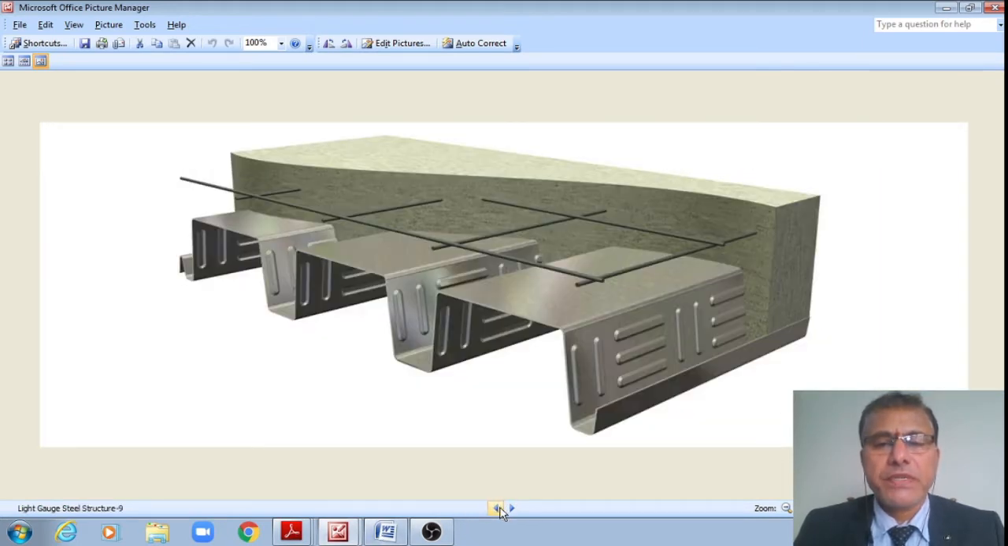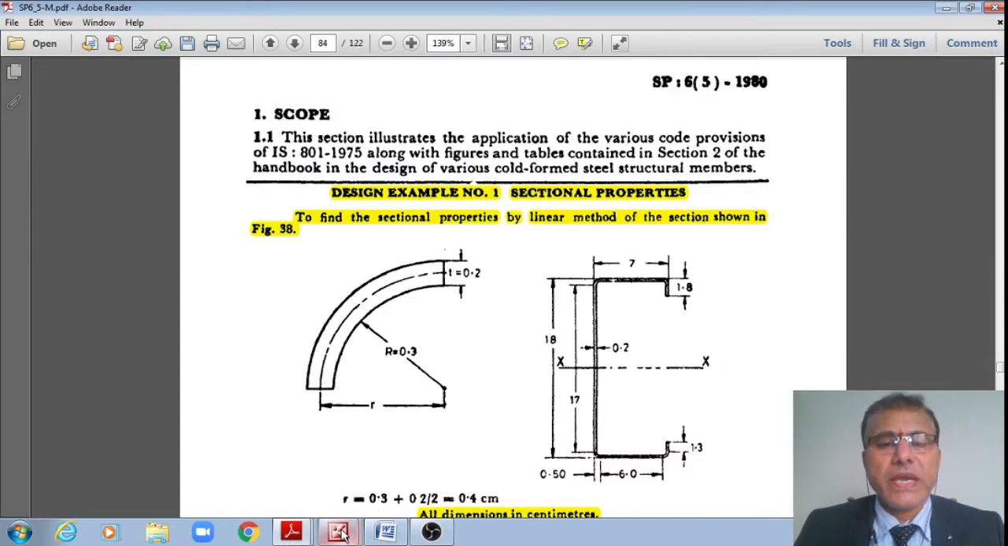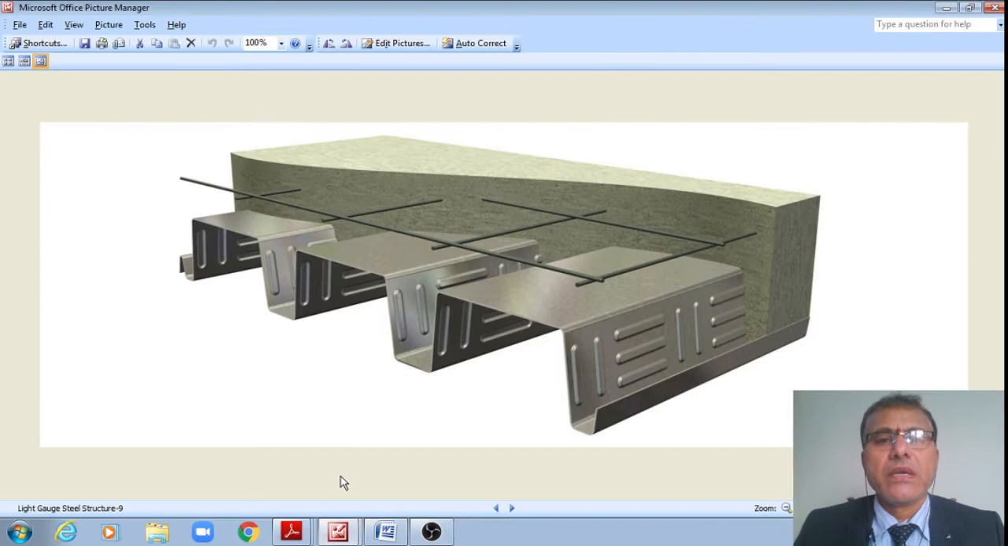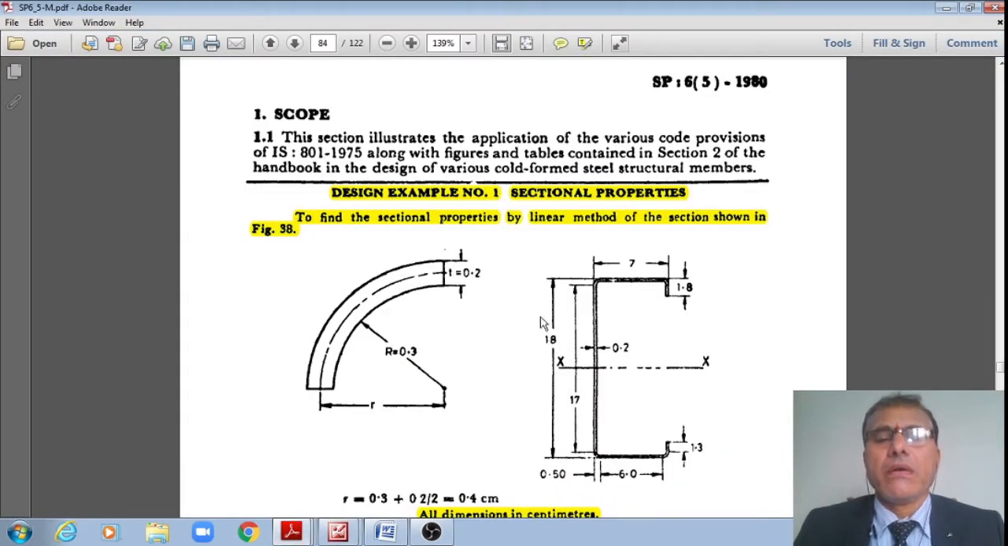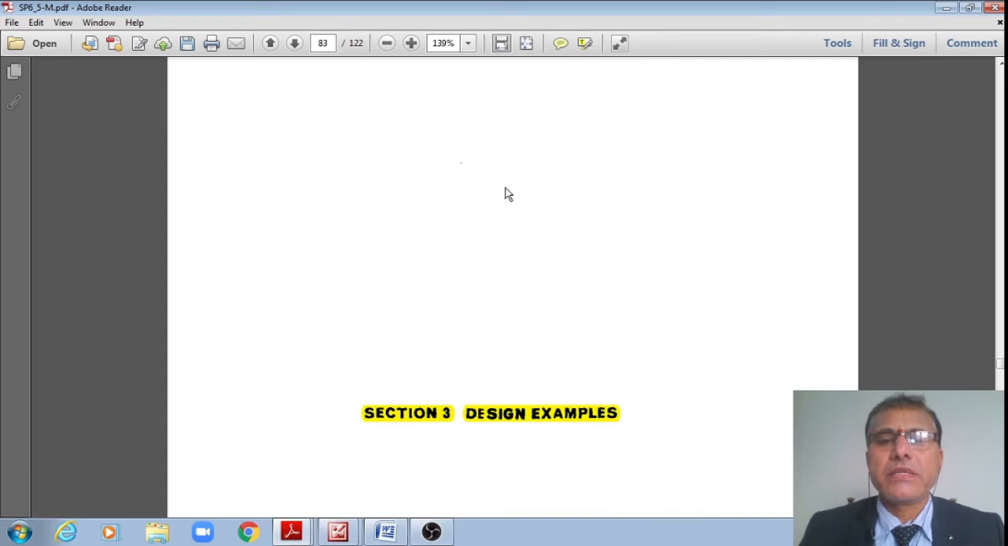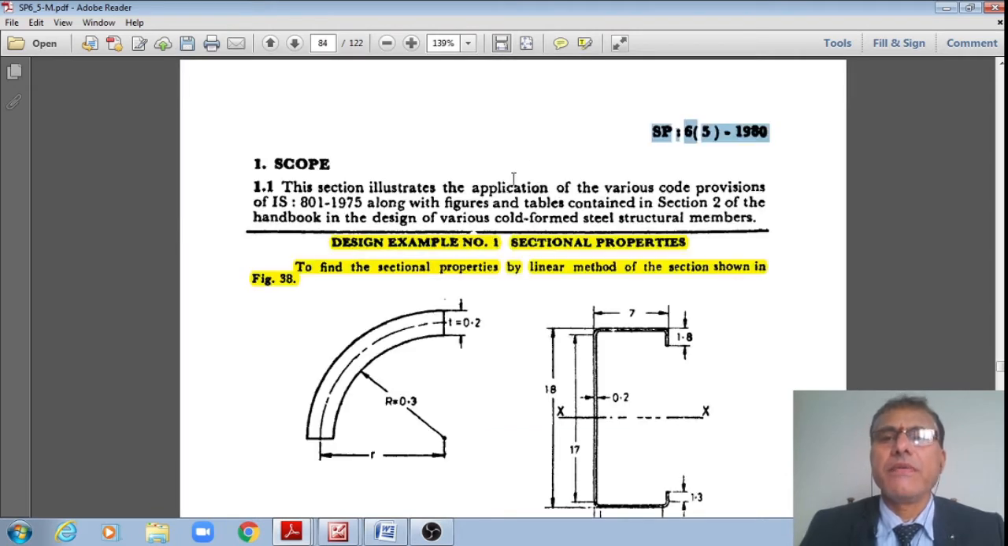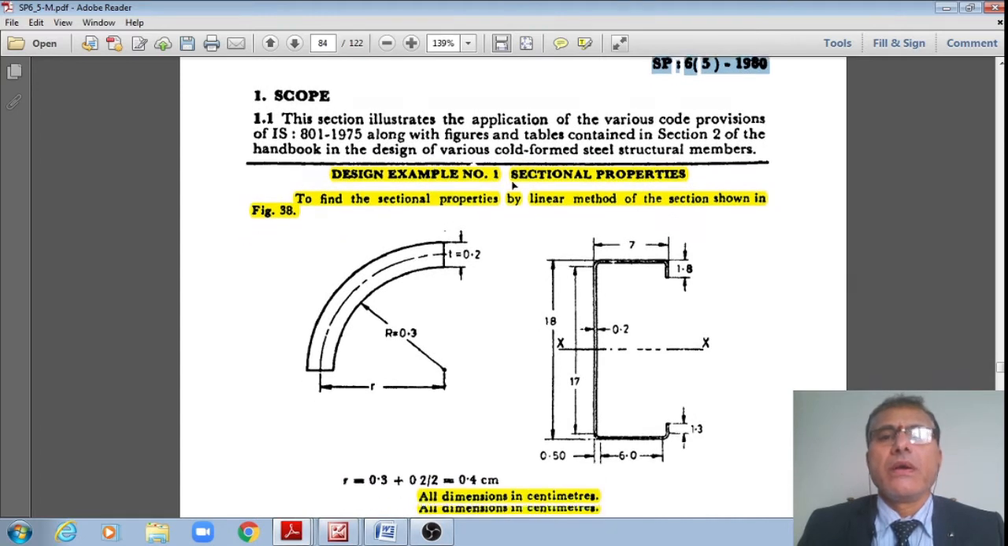Therefore, let us revisit the design, students. Now, we'll enter into the designs. This is how the first design is, as per this SP65 1980. These are the design examples as given in SP65 1980. Here we'll see